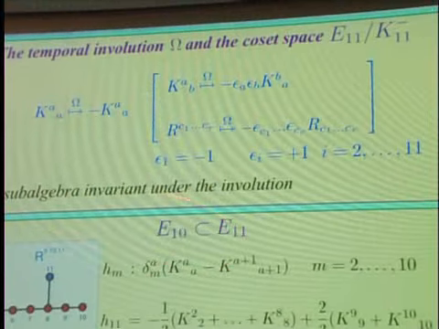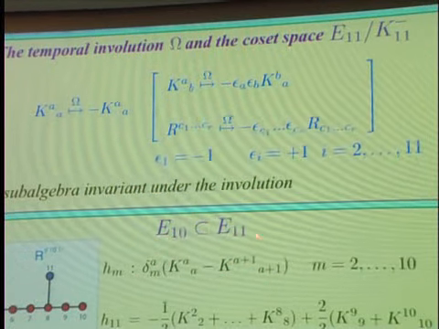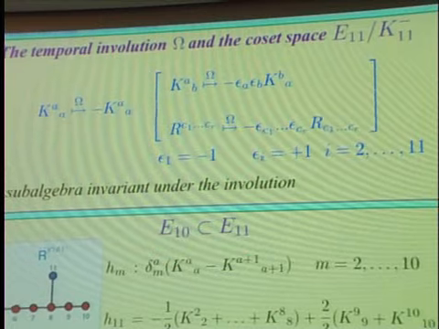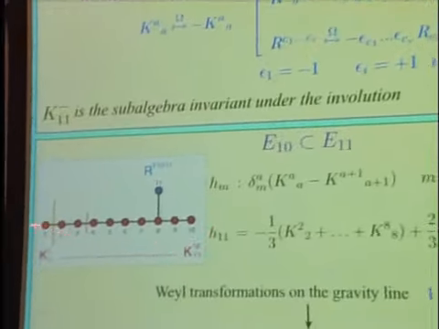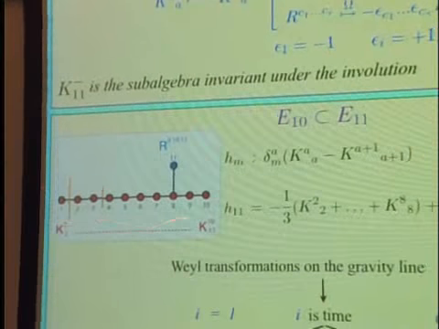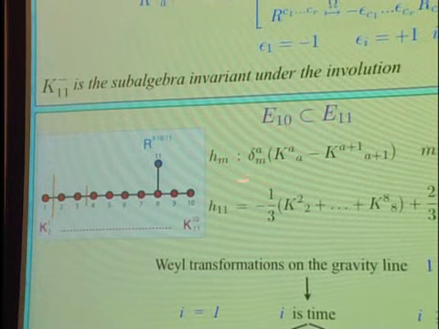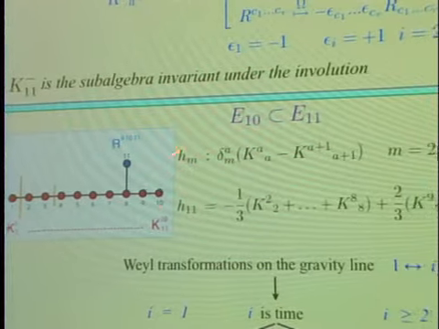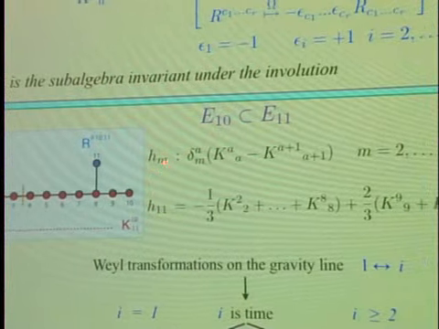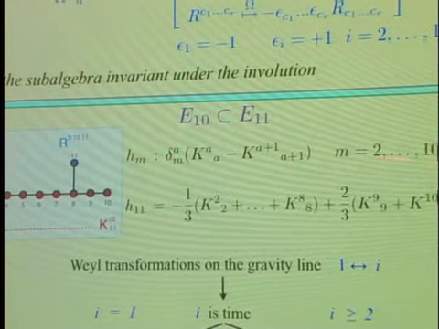But this is still a lot, and we are going to consider a subalgebra of E11, which is E10, in which we just separate, in a regular embedding, the first node here. I have just written here, for further information, the Chevalley form of the Cartan generators, the commuting ones, which now go only from 2 to 10